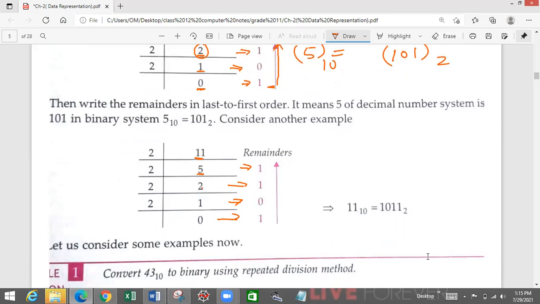So we always write it from this side. This will be your MSB, most significant bit, and this will be your LSB. Always remember, do not start from the top and go down. It will be wrong. You start from the bottom and go up, and you write on the right, moving to the right-hand side. We write the first number here, the second number after this, the third number after this, and then the fourth number here. So that way we convert a given number into a binary number.